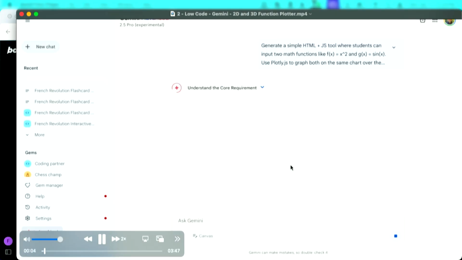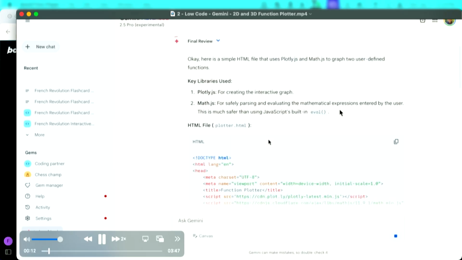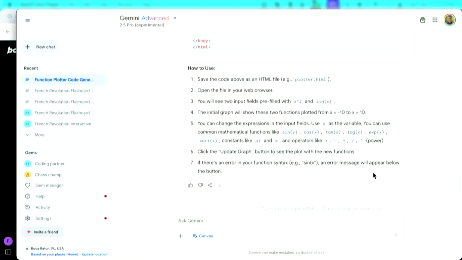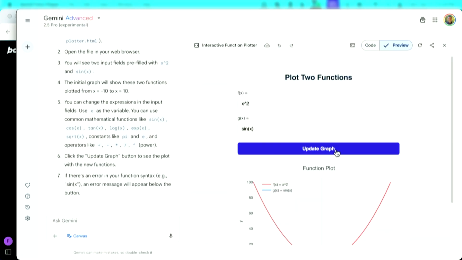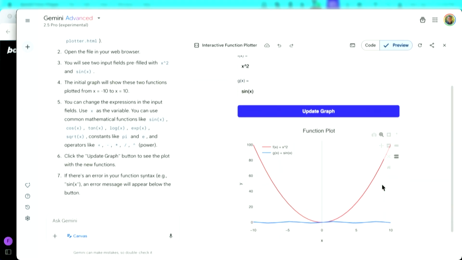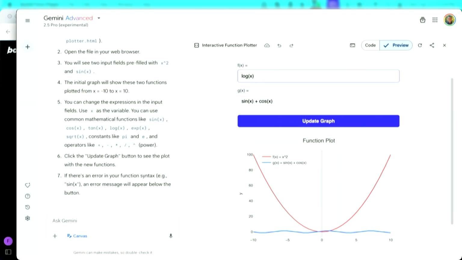And one of the things you'll notice as you're bringing these tools, this one, by the way, is a function. This plots a function that you might type in, so a mathematical function. One of the things that you'll see as you're communicating with it is that it will actually make suggestions to add to whatever it is you're doing. It would say, would you like me to add this additional feature? And you literally just say, yes, please. And it will go ahead and update the code to try and do that.